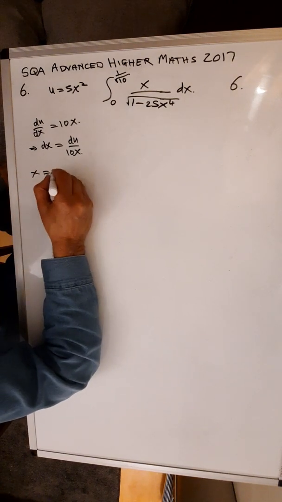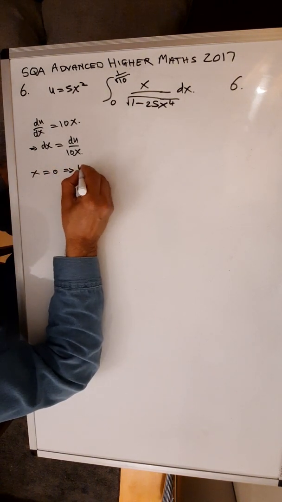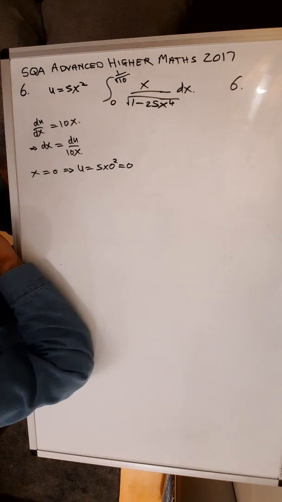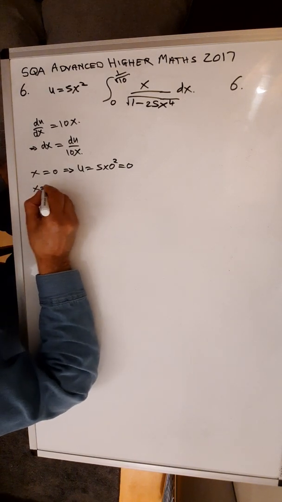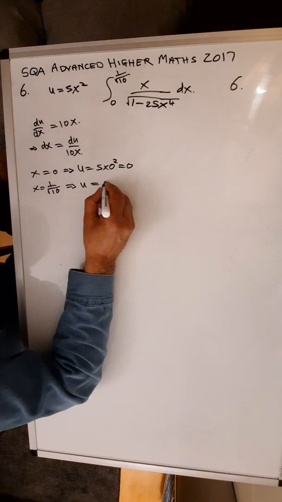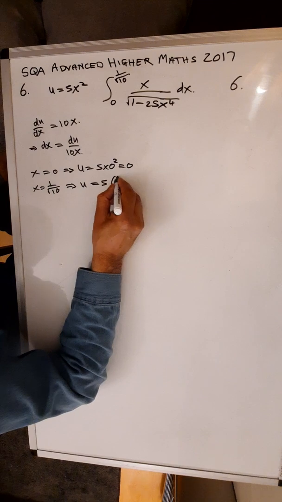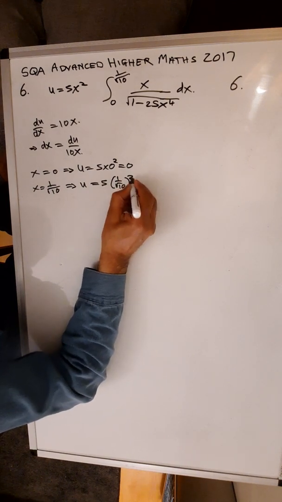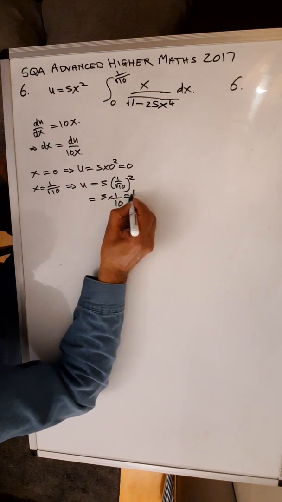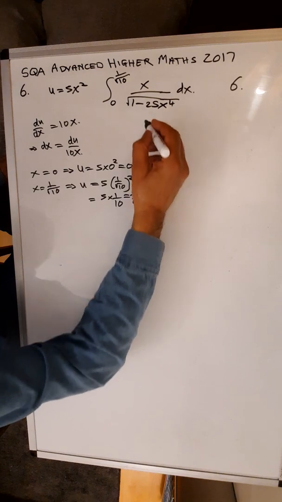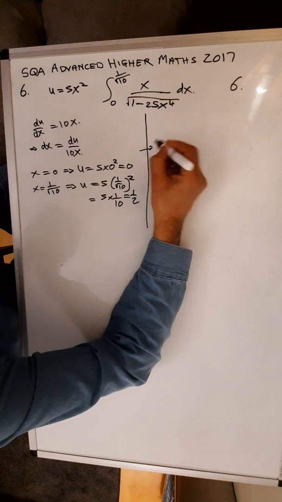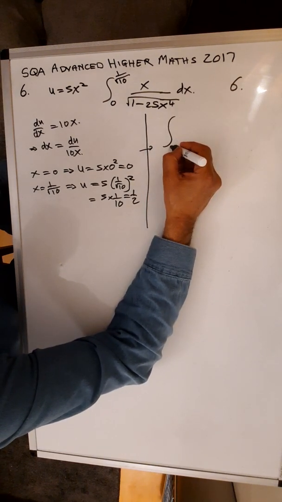When x is equal to 0, u is equal to 5 times 0 squared, which is also equal to 0. When x is 1 over root 10, u is equal to 5 times 1 over root 10 all squared, which is 5 times 1 over 10, which is a half. You can replace that. And now when you put these in, you're going to have the integral from 0 to